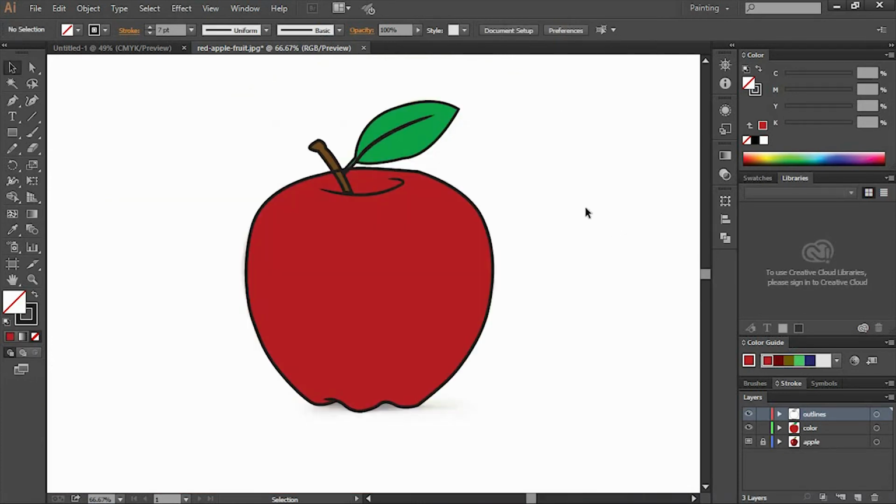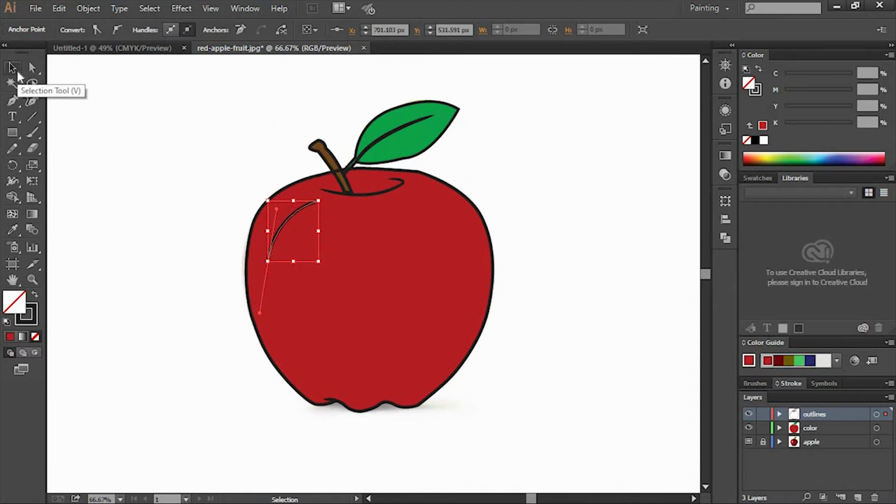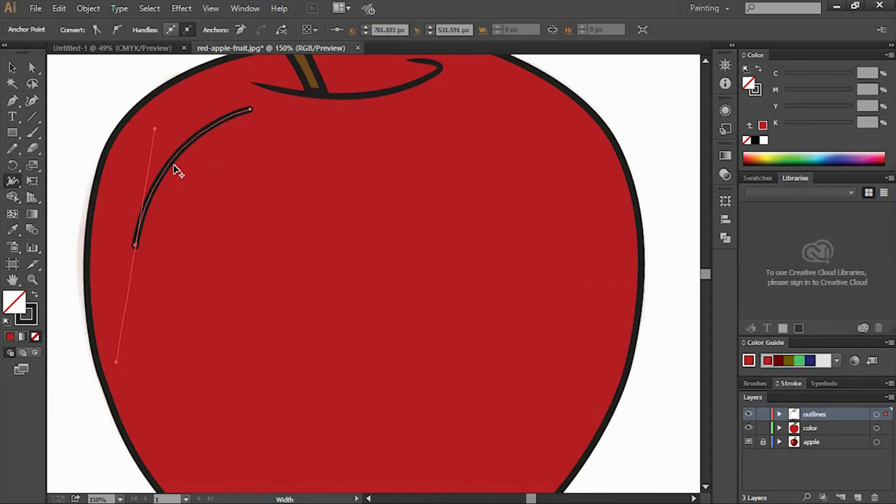So now let's start with the highlights. For highlights, select the pen tool and draw a shape like this. And now what we need to do is select the width tool and you can change the shape like this. Taper off the ends.